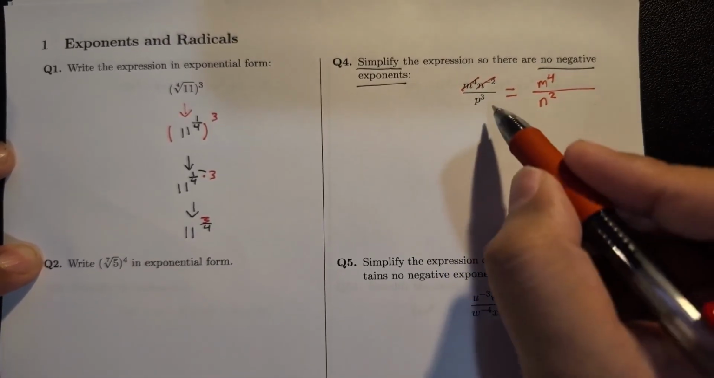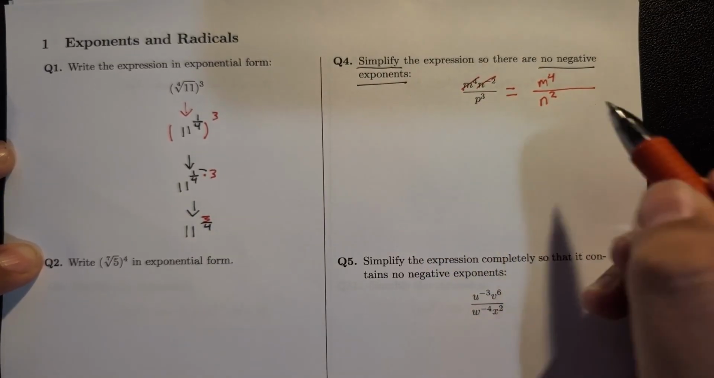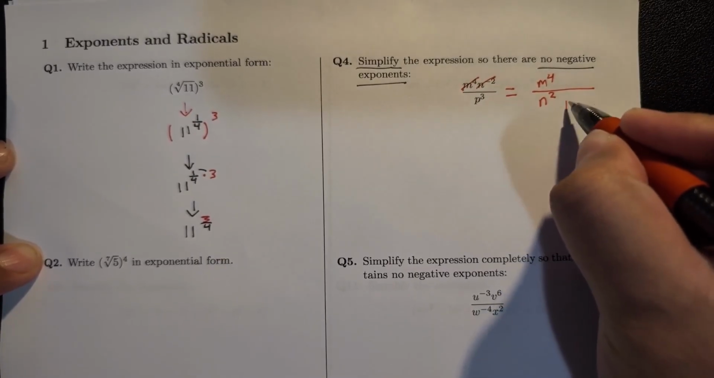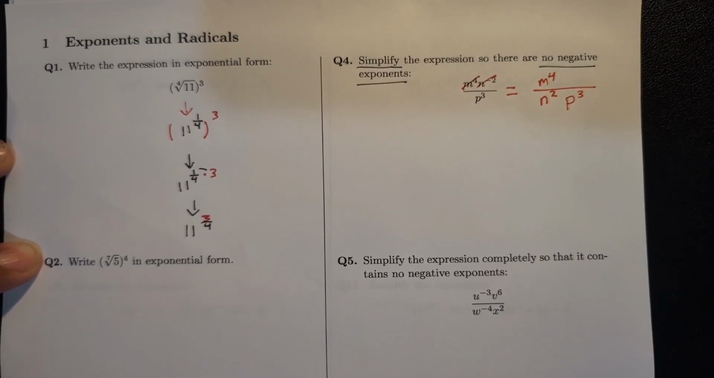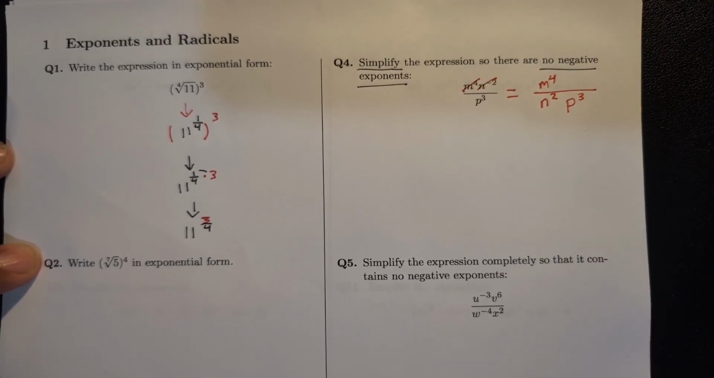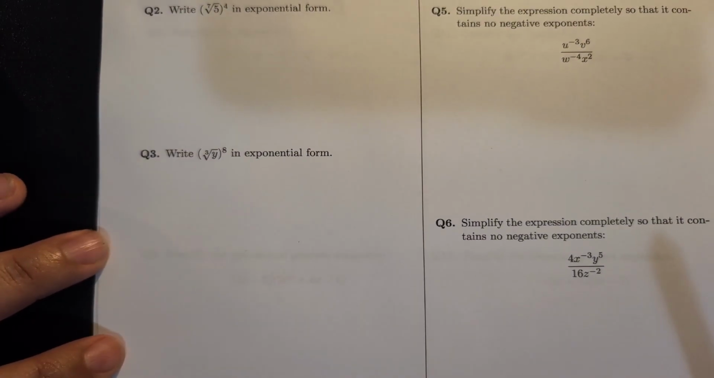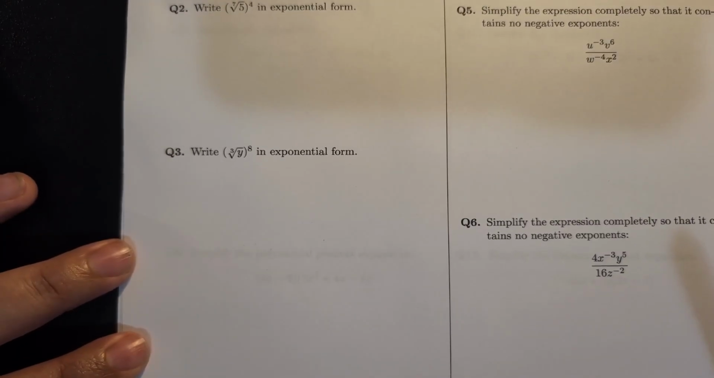Okay, now we're going to do p to the third power. The third power, that's a positive 3. I do not need to move it. It stays exactly where it's at. So since it's in the bottom, I keep it in the bottom. Okay, the rest of the problems are very similar, but let's do